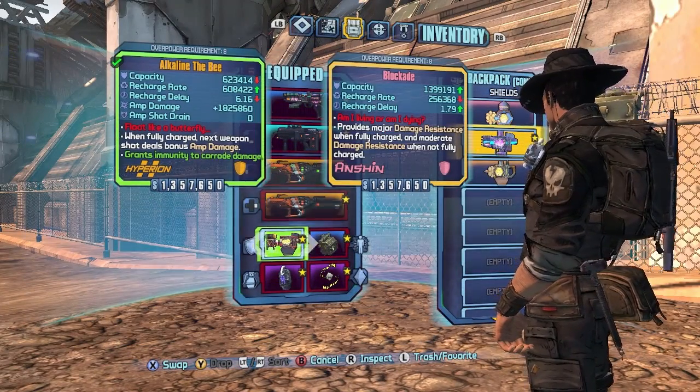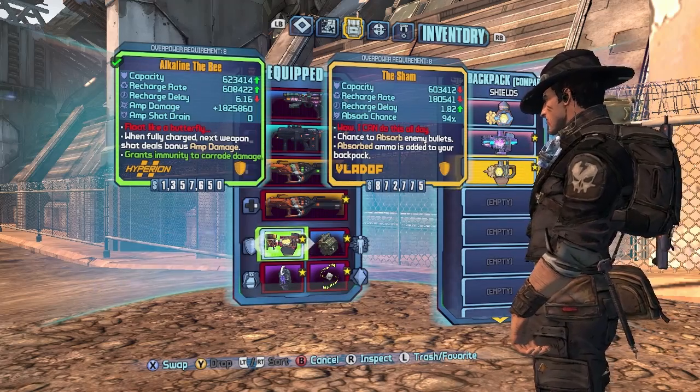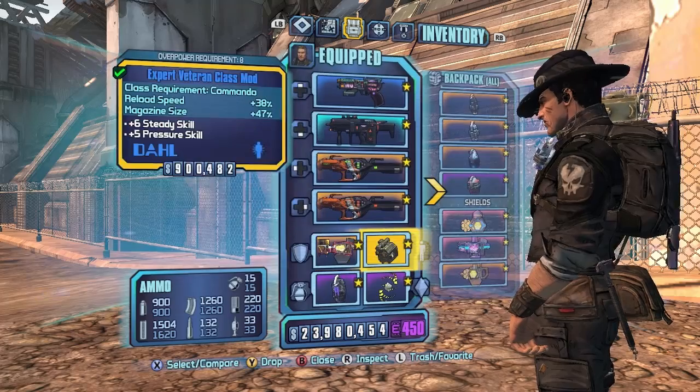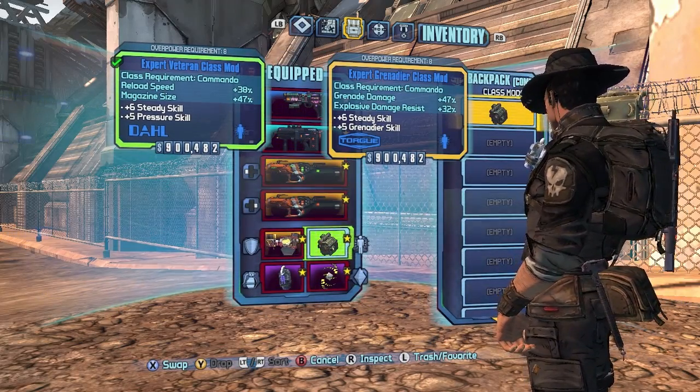And then a Blockade, of course, for just general mobbing and whatnot. And a Sham for absorbing rockets if you're going to go around and use a rocket to kill enemies and whatnot. And then our class mod, we have the reload speed and magazine size expert veteran class mod,